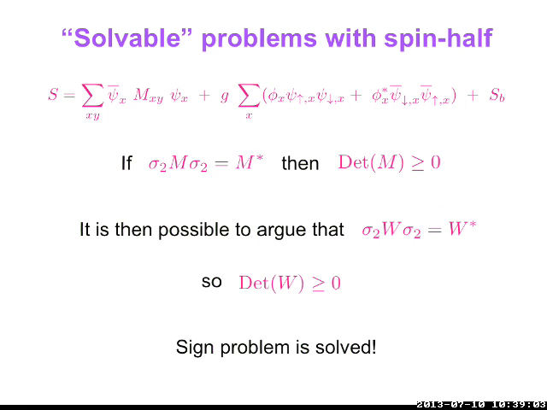This is where you can actually show that the eigenvalues come in pairs, right? Real eigenvalues come in pairs. All eigenvalues are complex conjugates of each other. So the determinant of M is positive. And then one can argue that if I introduce a term like this, which is more Hermitian in the kind of language you're looking at, then in this non-relativistic form it is actually solvable. Now in the traditional approach, although the determinant of this M is positive, as soon as you add terms like this and try to think about the determinant of this whole term, there is no guarantee that it will be positive because of these fluctuating phases.